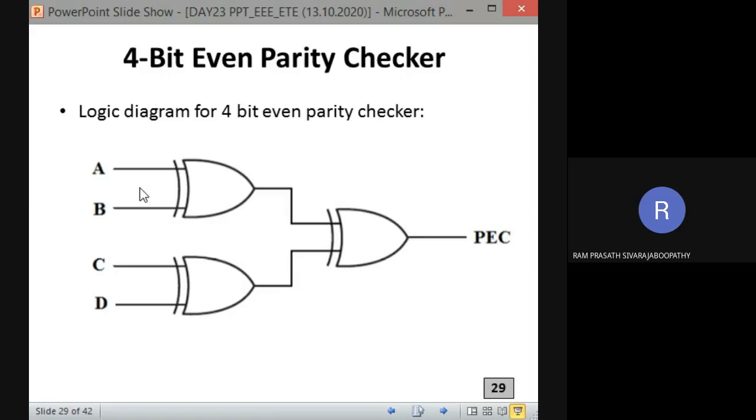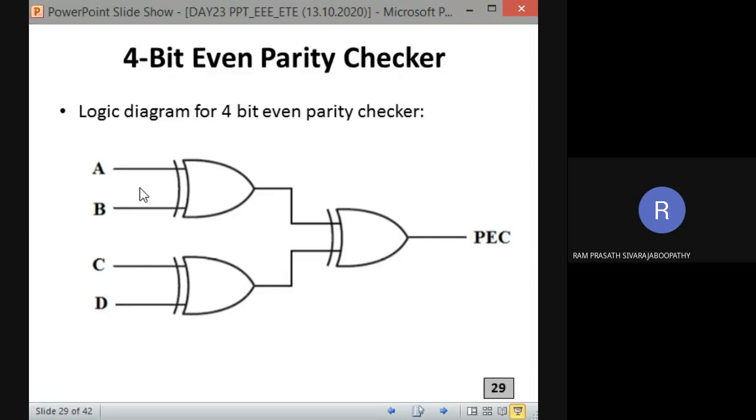See, if I am having an n-bit generator, I must have an n plus 1 bit parity checker. Fine. The purpose of this circuit is to detect the error. If the output is high, shall we use a 5 input XOR gate? Actually, commercially, we will be having a 4 input XOR gate. Okay, commercially, a 4 input XOR gate will be there. So now we can give A, B, C, D all of them. Yes, we can use